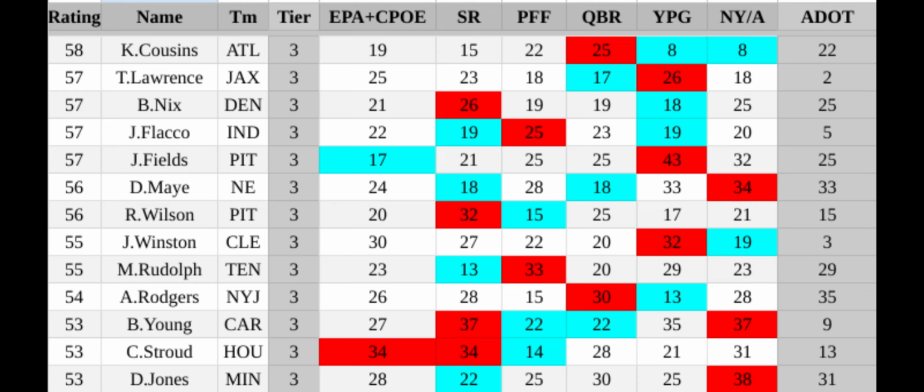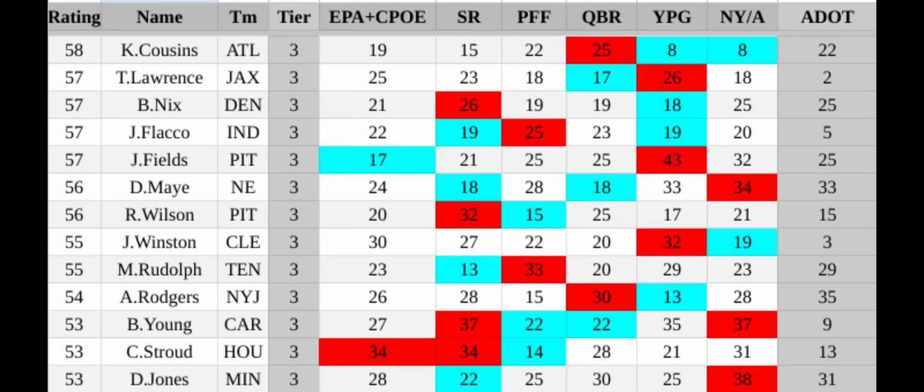And really, the fact he was 21st in net yards per attempt is not the worst, because that offensive line really wasn't good. It was 24th in pass blocking per PFF. So, there are some things that worked in his favor. I think he has a fit for somewhere. It's just kind of hard to see.